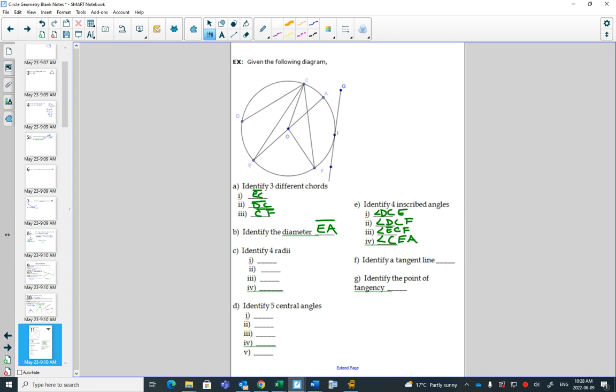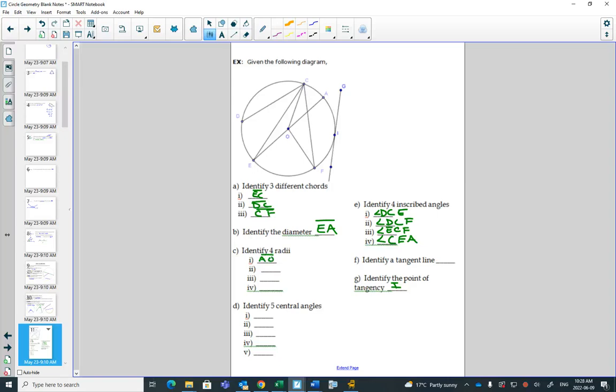There are the four. The point of tangency, you just write the letter I. Now, for radii,